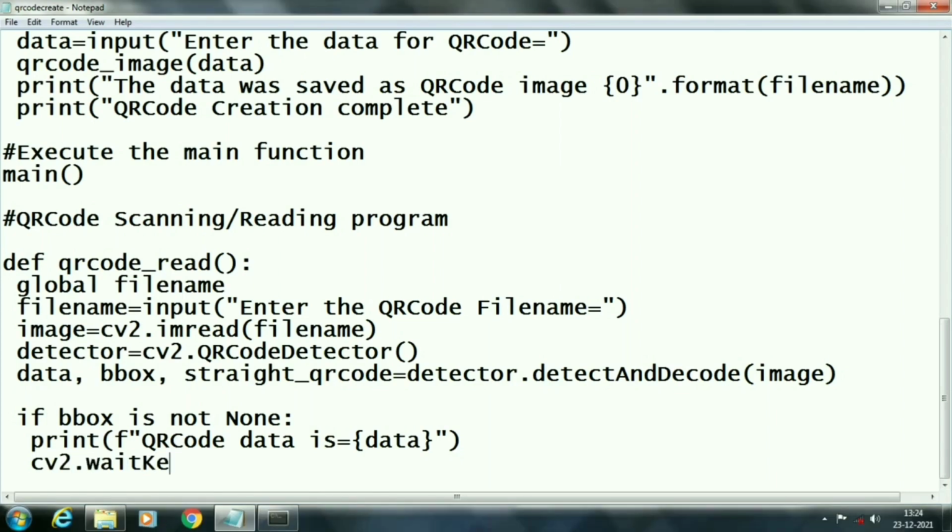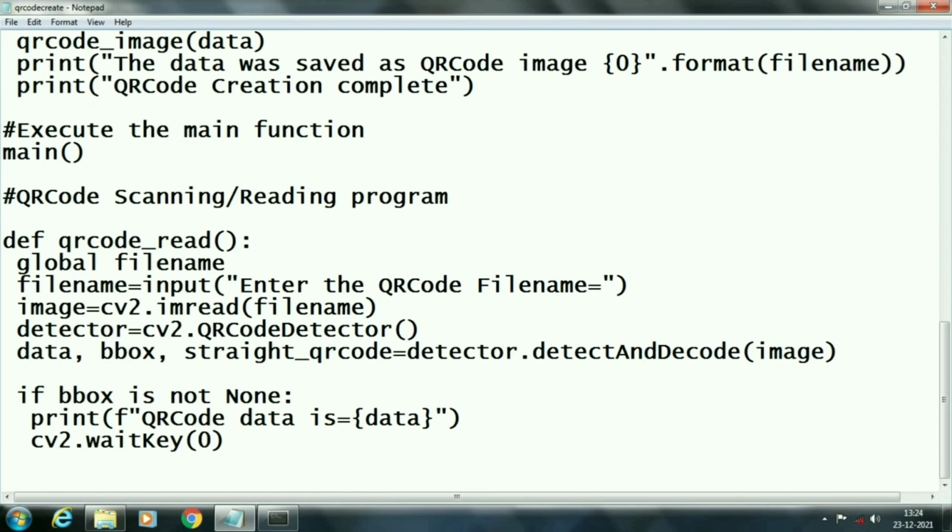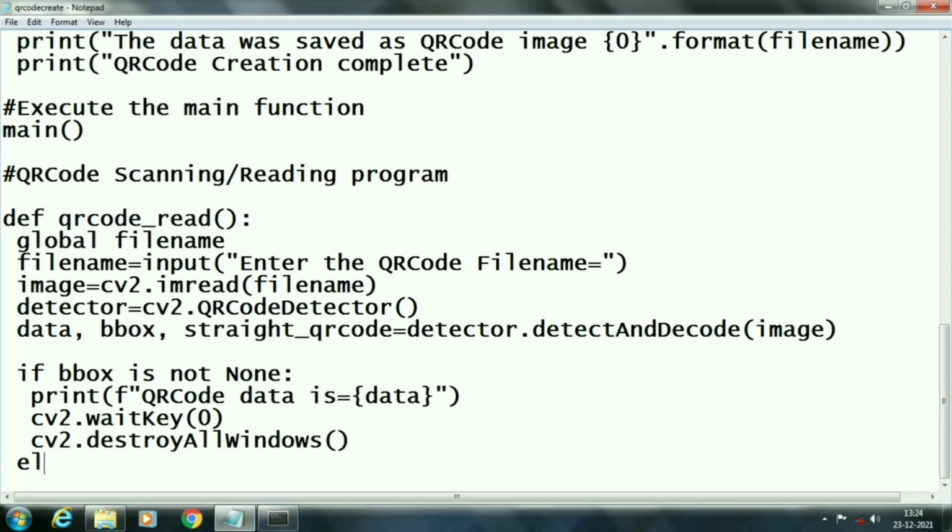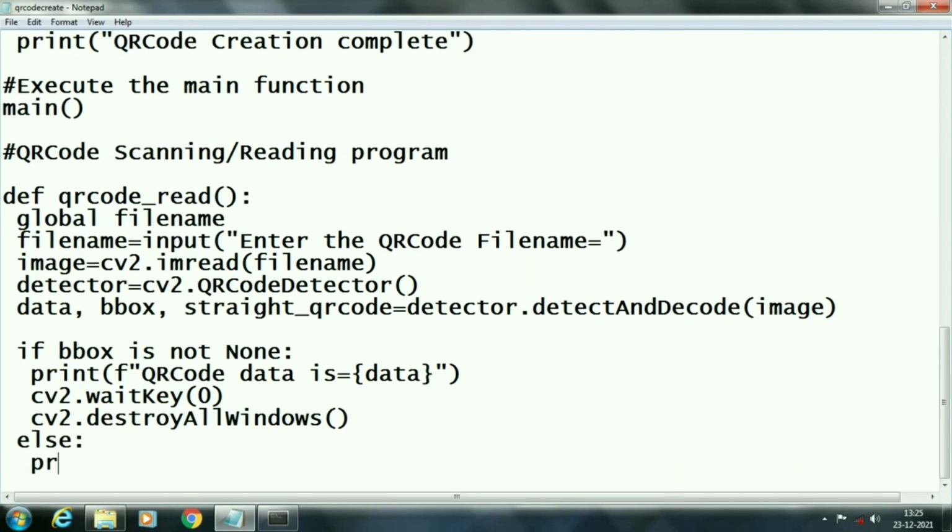Now we will close our CV2 windows by using cv2.destroyAllWindows. In the else section, we will write we are unable to detect any QR code.